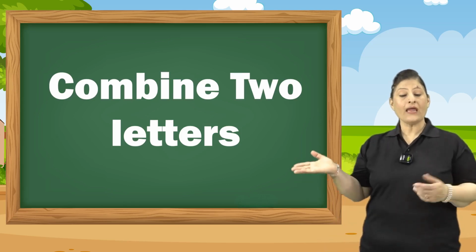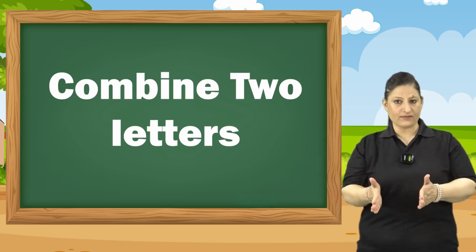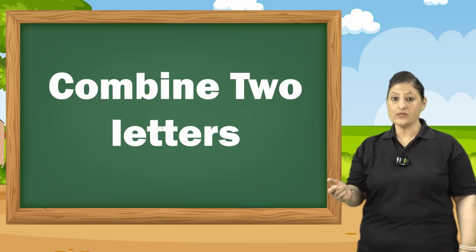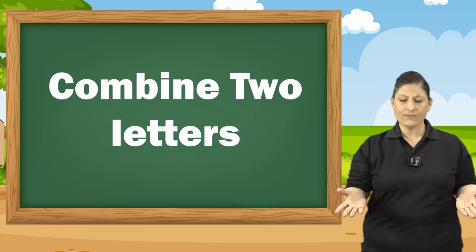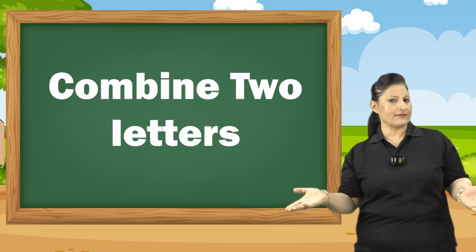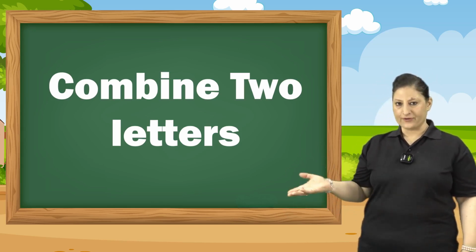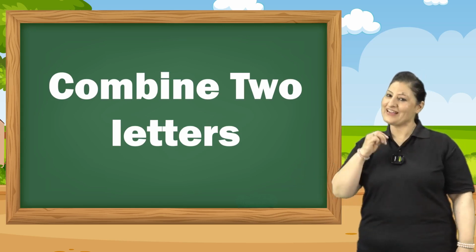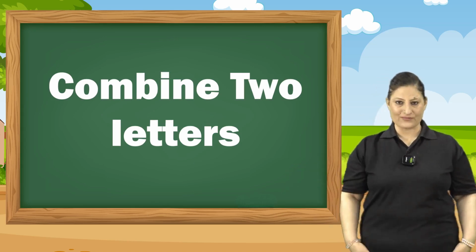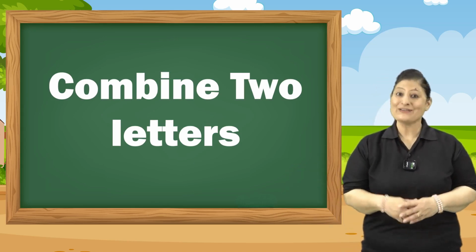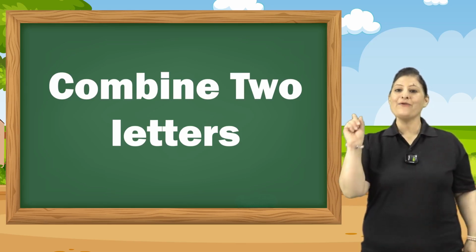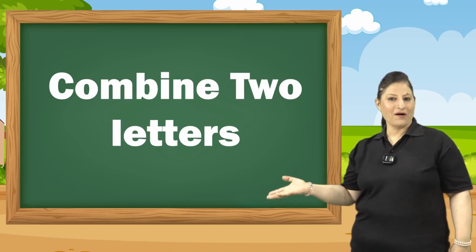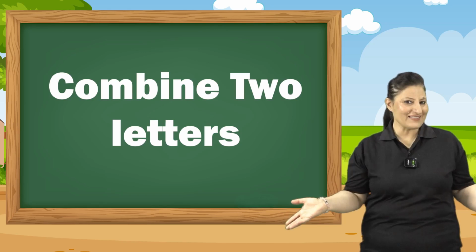Children, when any two sounds come together to form a word, a sensible sound is called a word. Words can be of two letters or three letters. As we move further, I will teach you how to make two-letter words, three-letter words, and even four-letter words. So, are you ready to learn letters? Are you ready, children, to learn to make words with different letters?